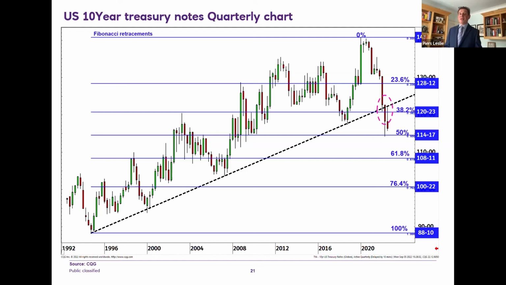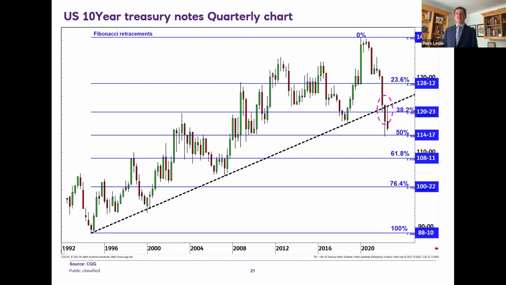So in that little ringed area, and don't worry if you can't see it so well on this presentation because you will be sent the slides and you'll see it. The market retests back up to that and it's fallen off it. Now that is also the 38.2% there. So at the moment, I see that as a sort of resistance area, 120, 121, and that should hold the US 10-year Treasury. And then I feel that the risk is we could see it come even lower